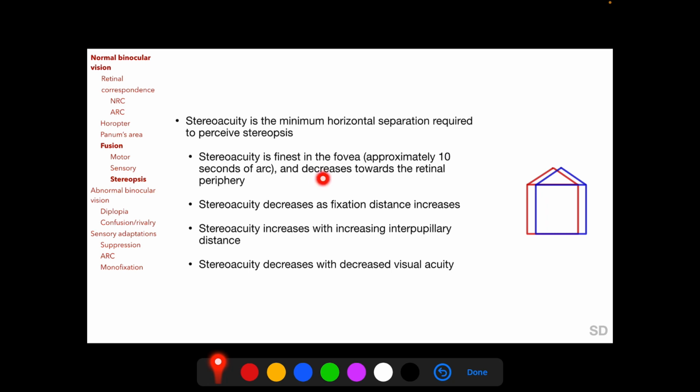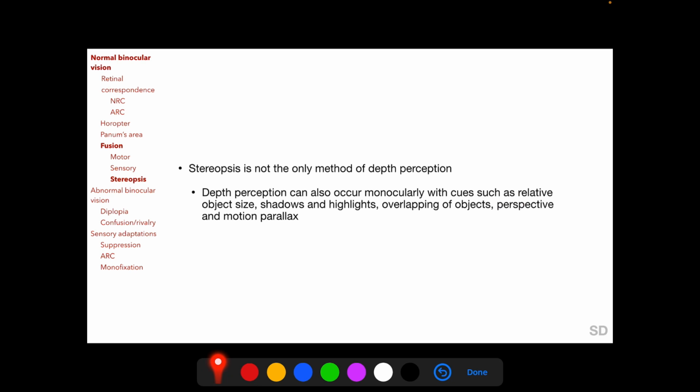Stereoacuity decreases towards the retinal periphery, decreases as fixation distance increases with increasing interpupillary distance, and decreases with decreased visual acuity. As we have mentioned, stereopsis is not the only method of depth perception. Depth perception can also occur monocularly with cues such as relative object size, shadows and highlights, overlapping of objects, perspective